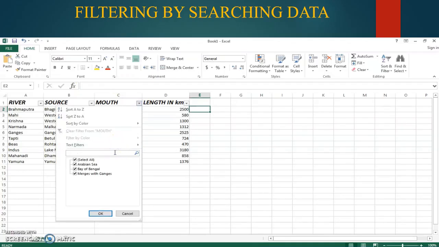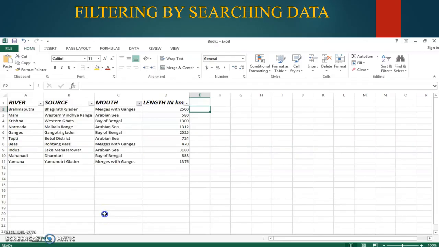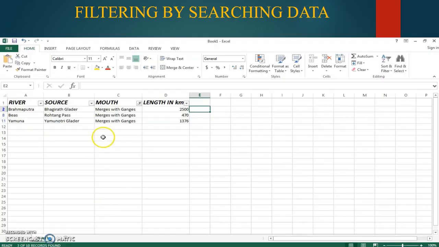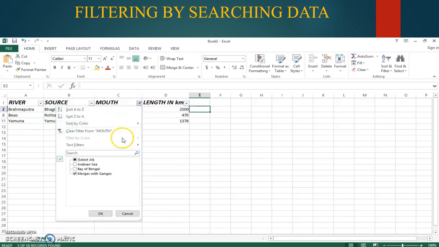Here in the search box, inside the search box you can type anything. If you type March, only the March entries under the month option will display. Okay, like that, using the data also you can write there and you can do it. Not only number, data also you can see.